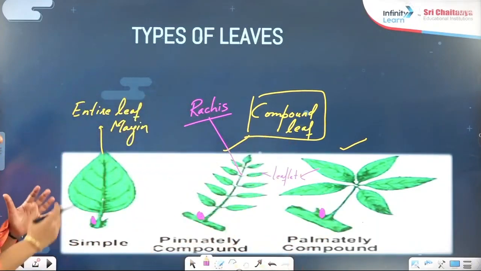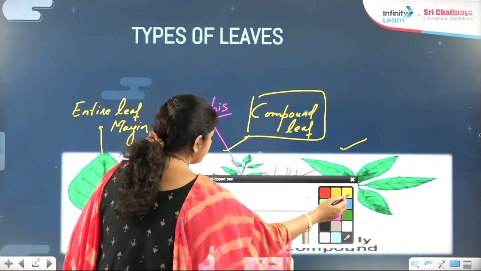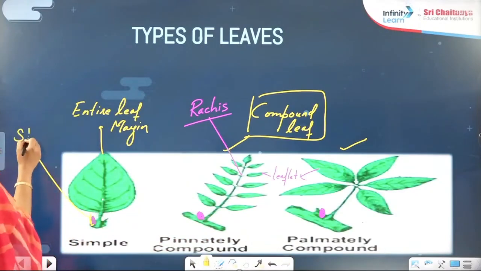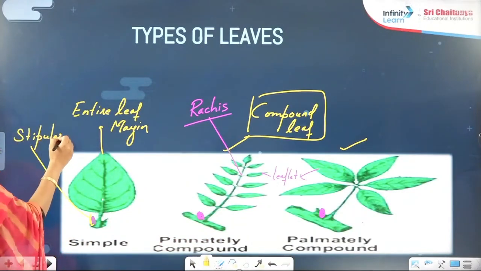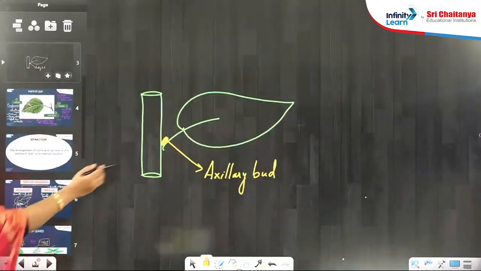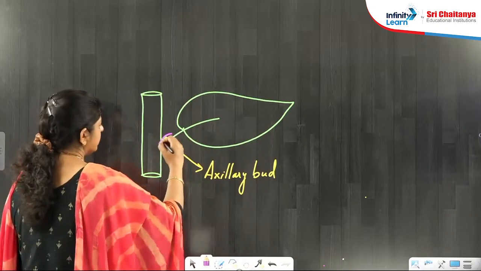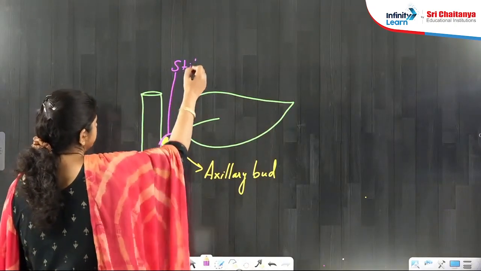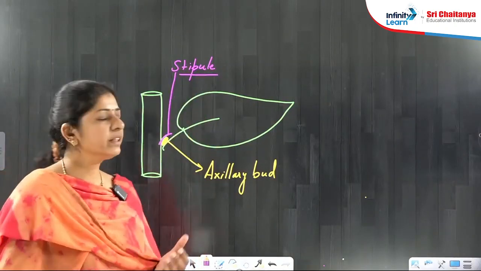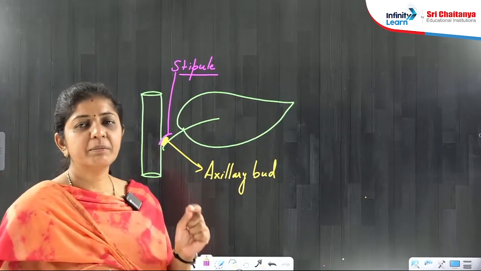And do remember these axillary buds, one more point I am adding here, these axillary buds will be guarded by a tongue-like projection which you call as stipules, right? Let me show you this point here itself. I have drawn this diagram earlier. There this axillary bud is covered up by these stipules. These are scale leaf-like structures which are protecting the axillary bud, right? So a pair of stipules can be there at the base of the leaf,